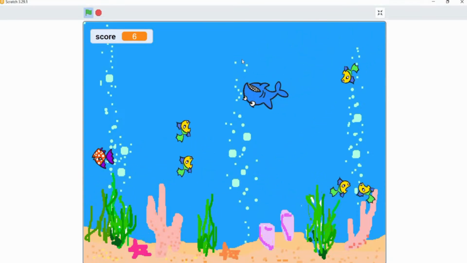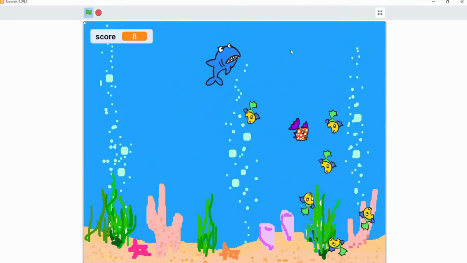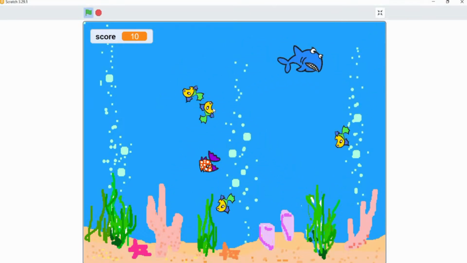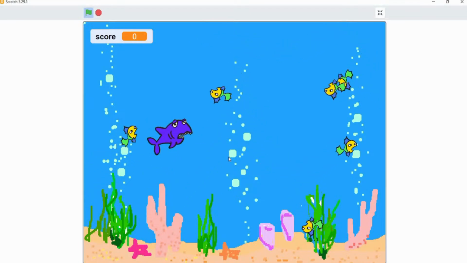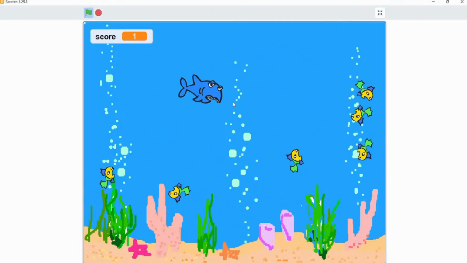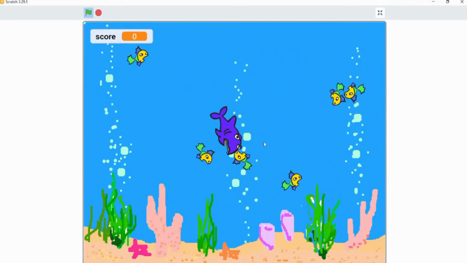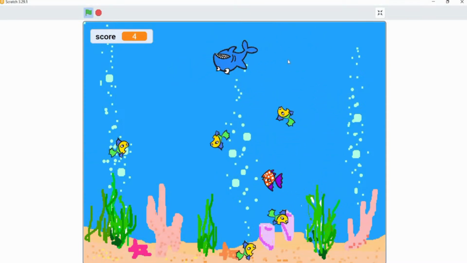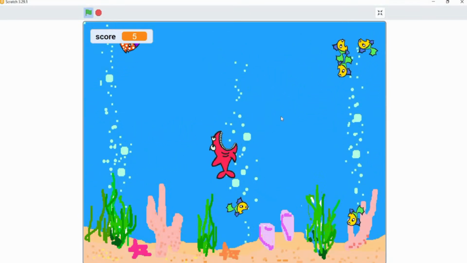So the shark has to eat good fish. If the shark eats the good fish, the score will increase by 1. But on the other side, if the shark mistakenly touches the bad fish, then we can see it coming, and along with that the score will go back to 0. So this is how the shark has to eat as many good fish as he can, and our score will increase